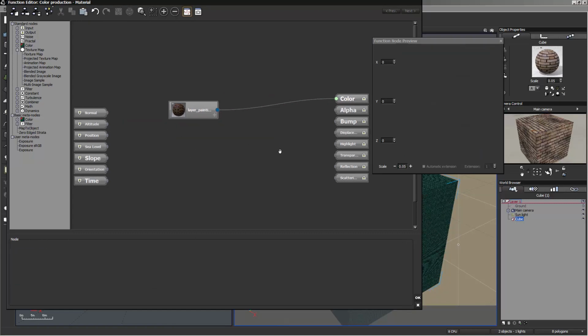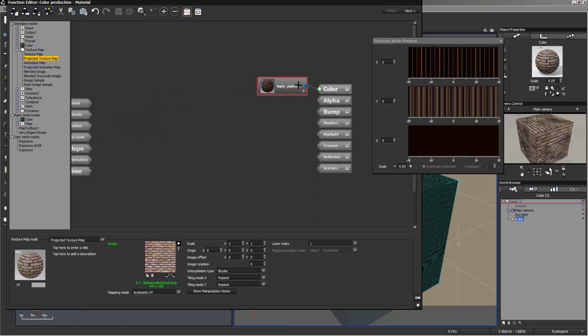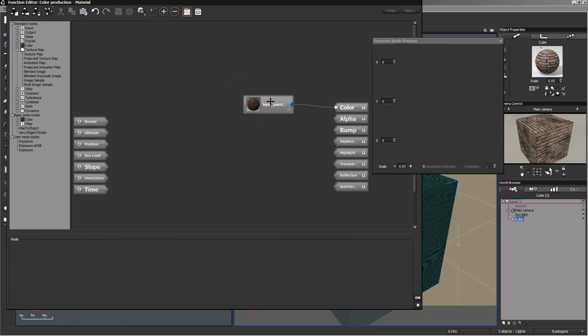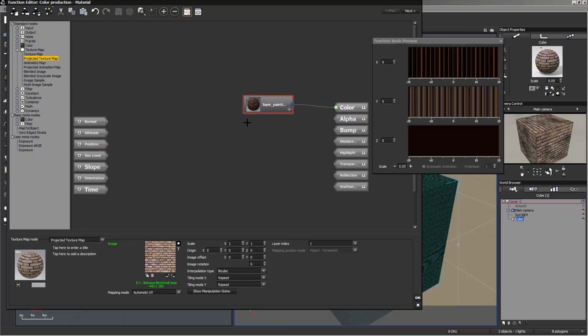So if you want, you could just load in that material with the setup, the texture map. But if you've already got a fractal you want to set up, you want to add it to it. Since you can't create a meta node with just one fractal, or just one node,